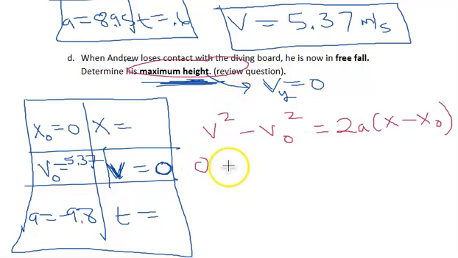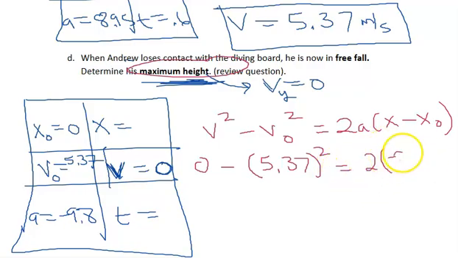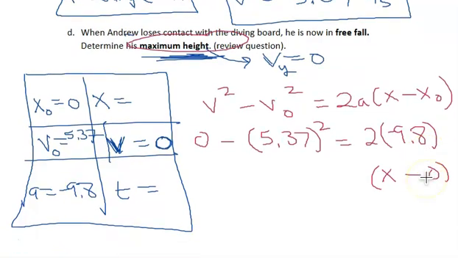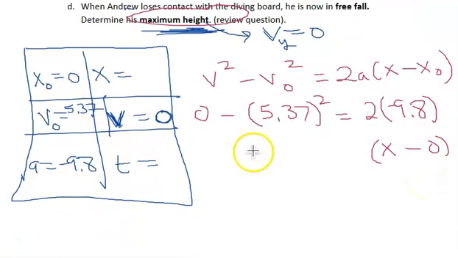So his V final is 0. The speed that he left the diving board, which is his V naught in the second problem, he is in free fall now, and pretend like this is multiplied, x minus 0. Because I made the largest physics Sudoku in the world. Okay, what you get is